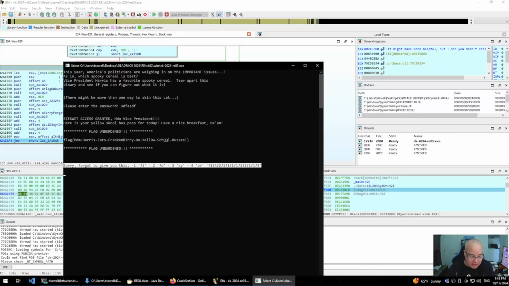And like I said, eventually that will crack the password, which then you could come in here and enter and get through. So that was the reference to more than one way to skin this cat, was you could either crack that password, enter the password, and be dropped in, or you could walk through the program here and just go down through the happy paths, do a set IP to skip over the